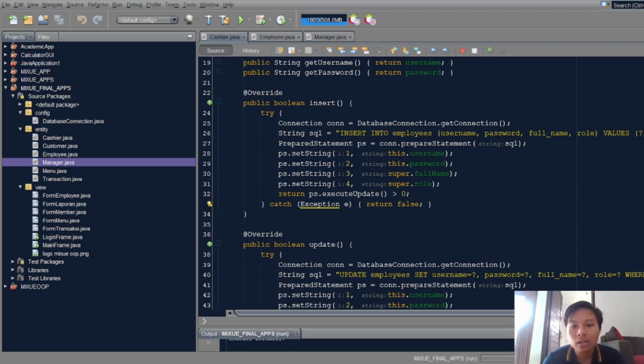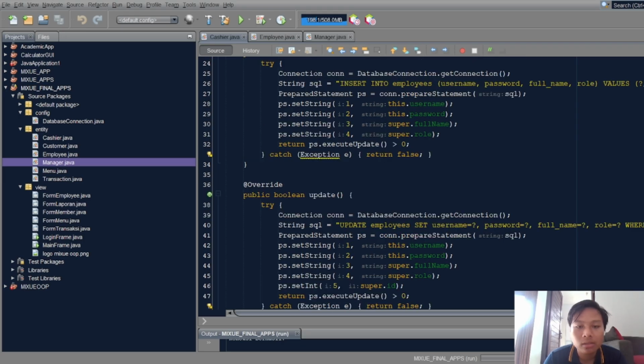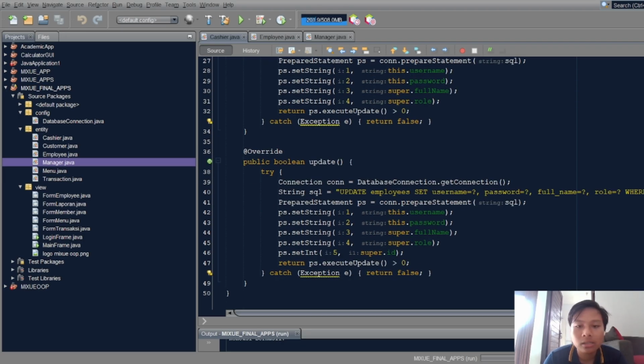From the database we insert username, password, full name, and role. The code below is the same as above: it connects to the database and then runs the SQL to update the username, password, full name, and role.